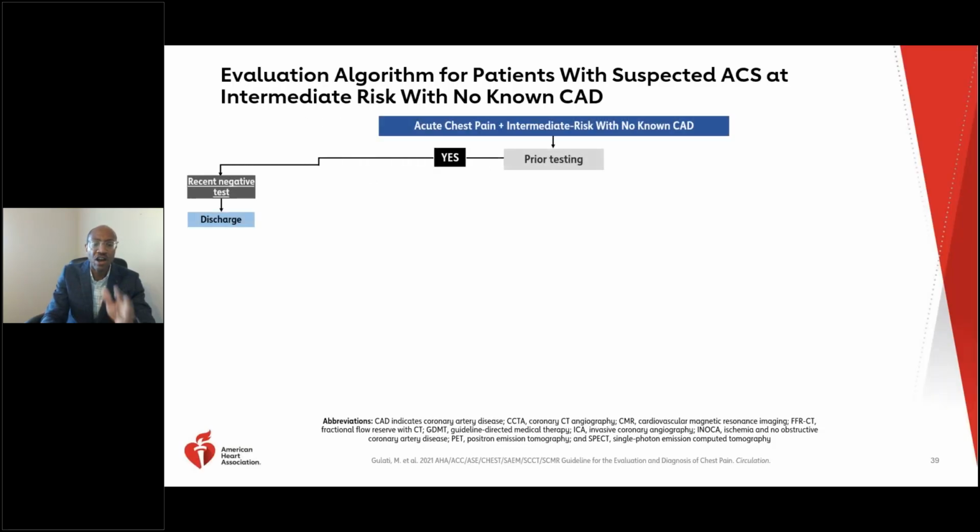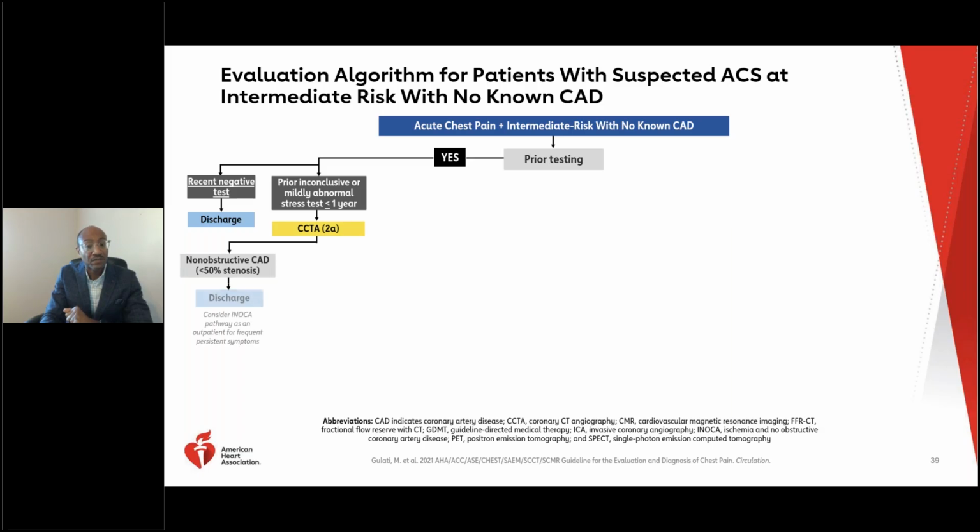So not all patients will show up similar to our patient. There is a huge role for taking a look at one's background imaging and prior testing, particularly because the warranty, the confidence, and the fidelity of that information can glean a lot, particularly in patients who have a recent negative test.